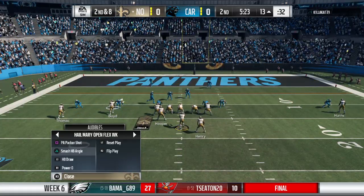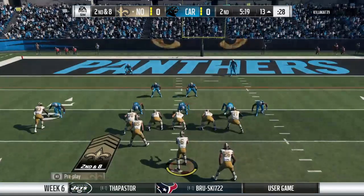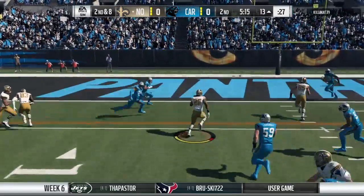When we talk about Luke Kuechly, you can't talk about his overall game without talking about his intelligence and how he controls the whole defense. He quarterbacks that defense, and at times...